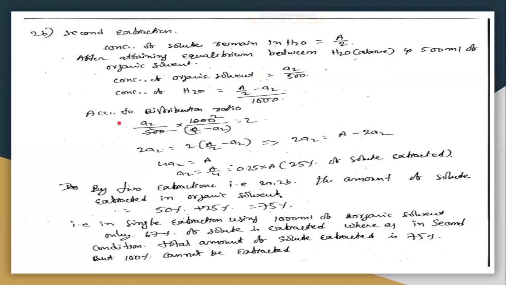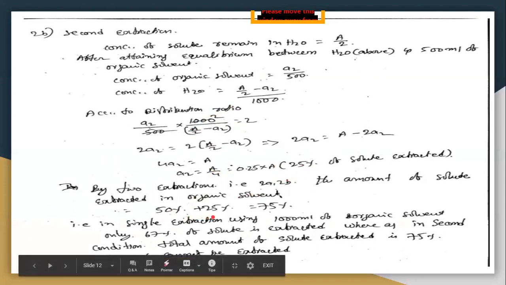The concentration of solute in organic solution divided by the concentration of solute in aqueous solution equals 2. If you substitute these values again, you may get this value, A by 4, how much? 0.25. So in the first extraction we have extracted 50%, and in the second extraction we have extracted 25%. So by using 5000 ml of organic solvent, if you increase the number of extractions, we can extract more